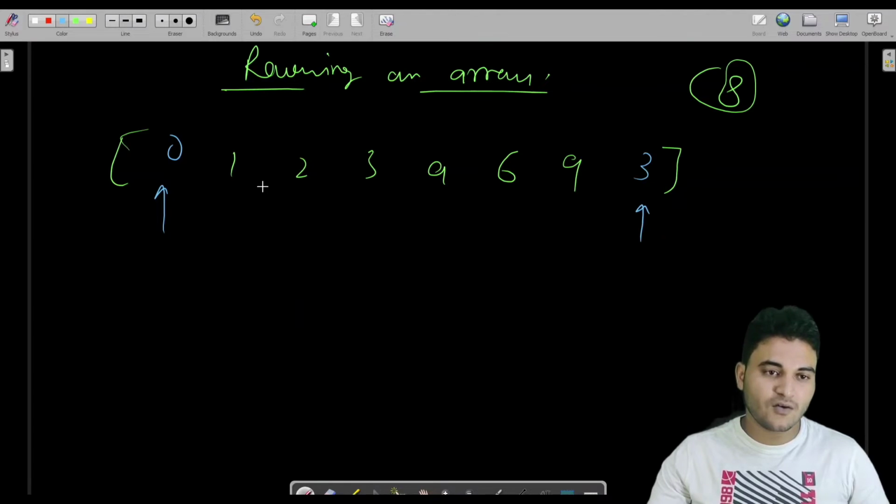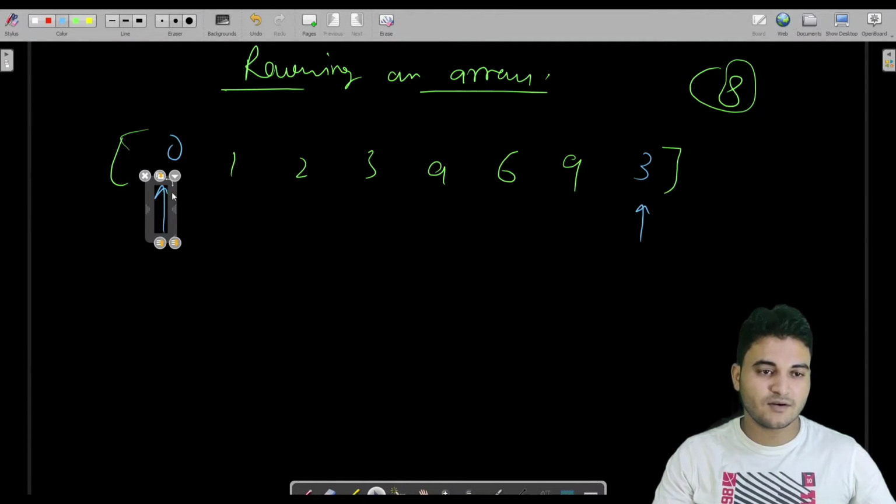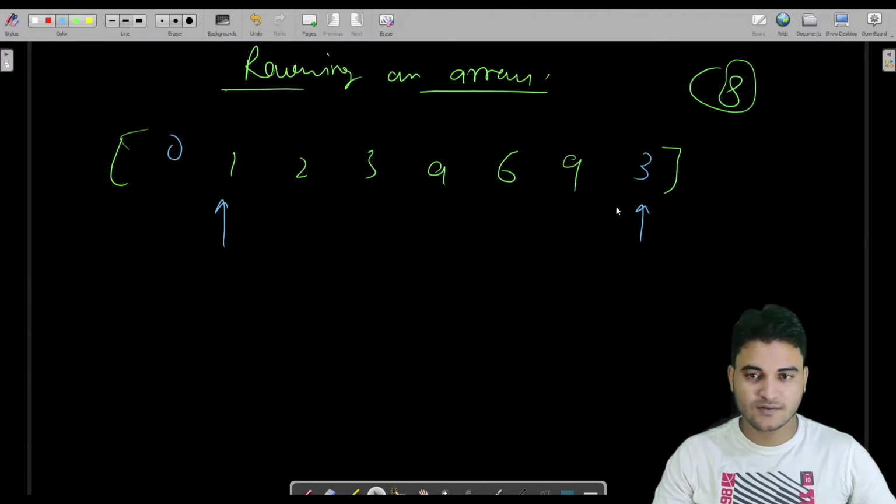Fine. Now if we are done with this, we have to increase our pointers. Now the left pointer is pointing to this one and the right pointer is pointing to this. Again we have to swap these values. So we would write 1 here and 9 here.